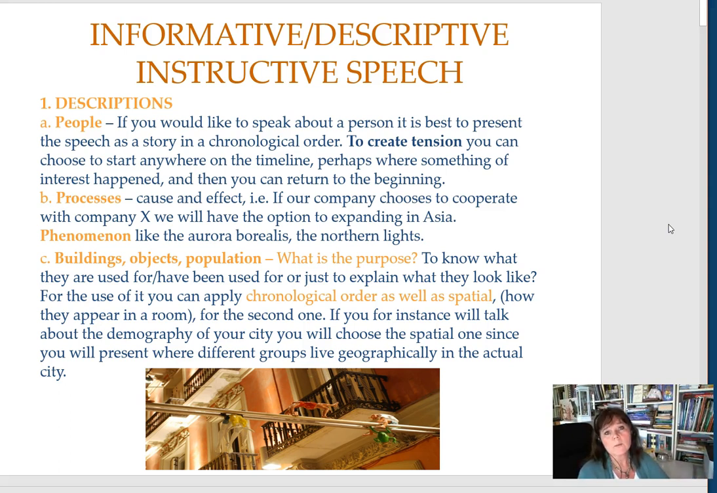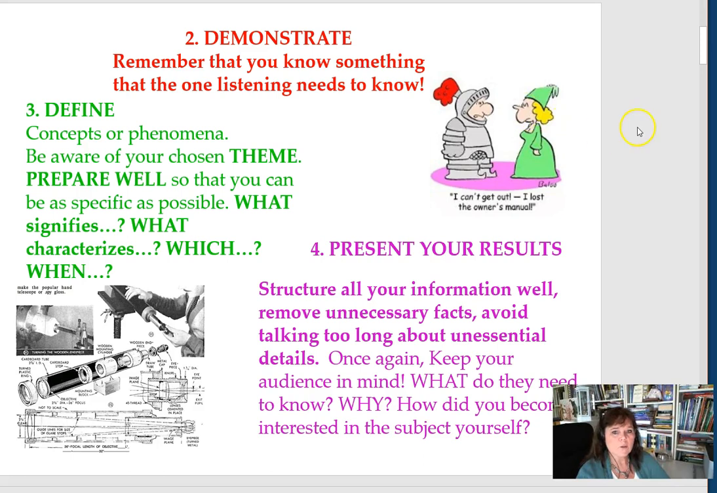If you would like to talk about the demography of your city, where different groups live geographically, it's also something you do without adding any subjective opinions about it. And what can you do then after that? Secondly, you demonstrate. Remember that you know something that the one listening needs to know. And three, you need to